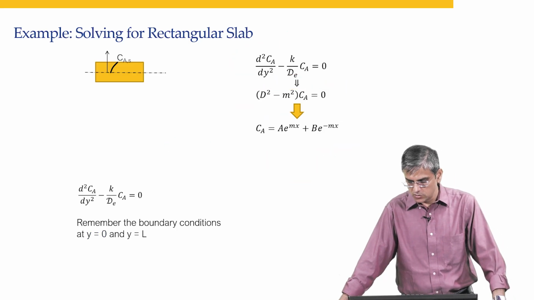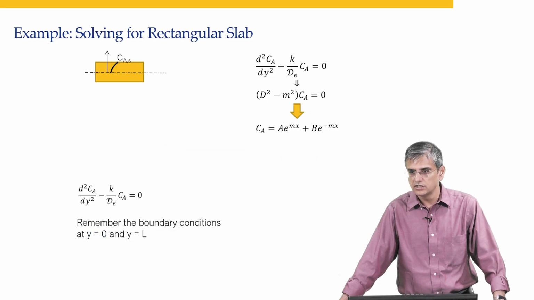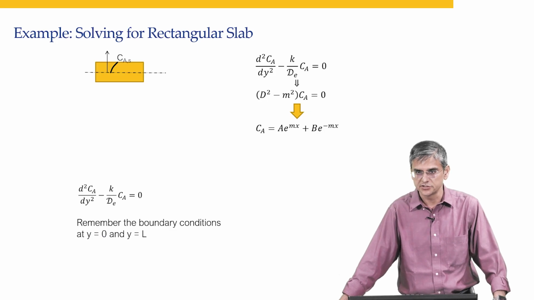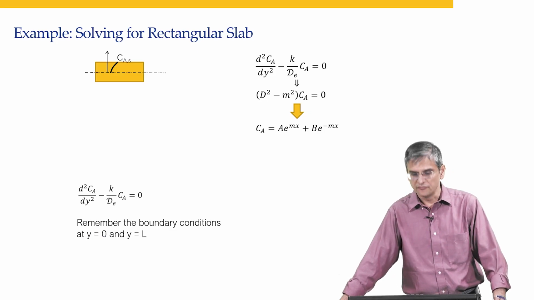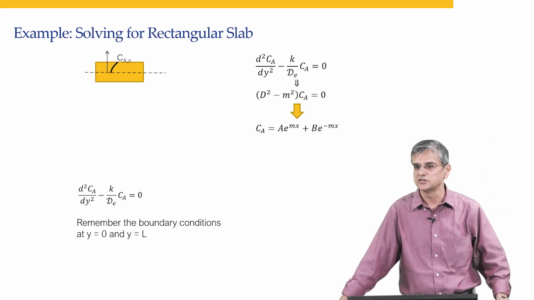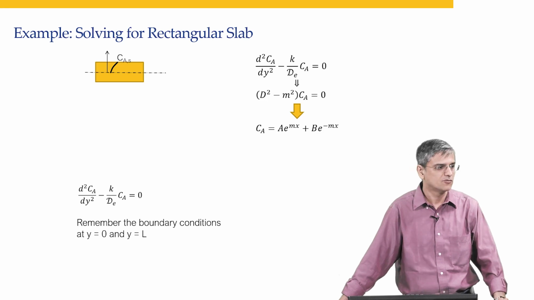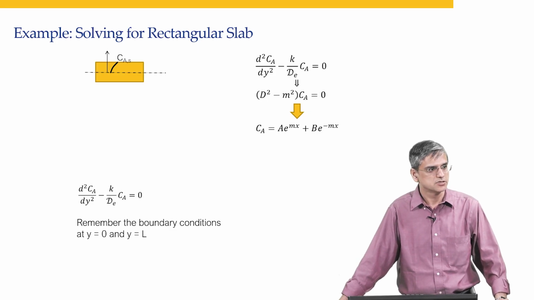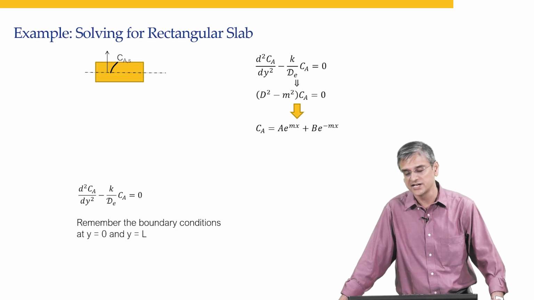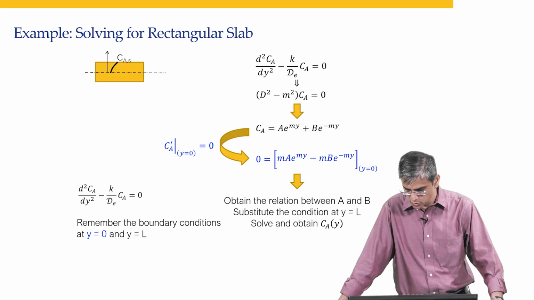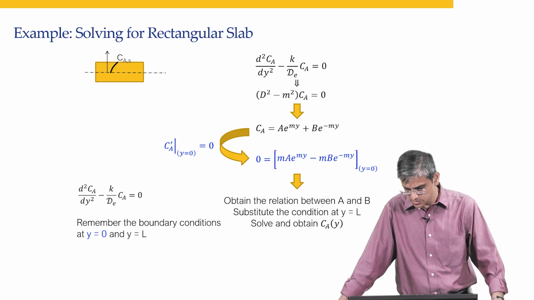Now, the next step is to find your A and B values based on your boundary conditions. Whenever your boundary condition is something equal to 0, that is an easier boundary condition to apply. What is the easier boundary condition to apply in this case? It is y dash equal to 0 at z equal to 0, or Ca dash equal to 0 at z equal to 0. That is an easier boundary condition to apply. So, if you apply this, you will be able to get